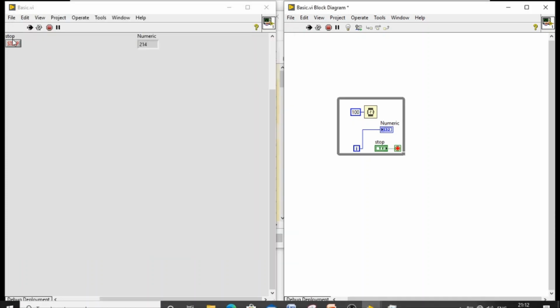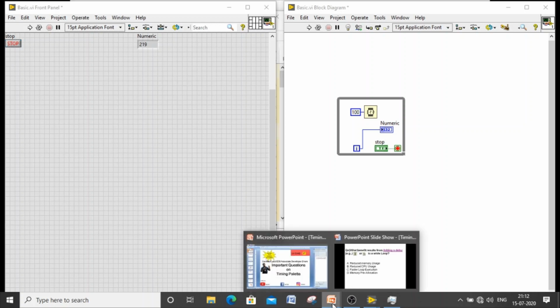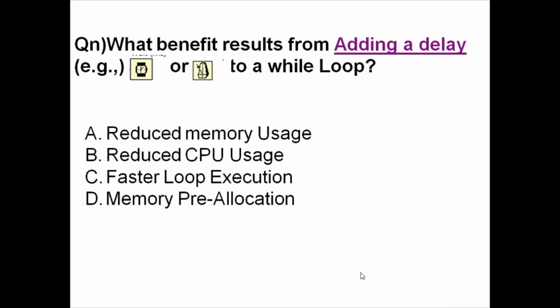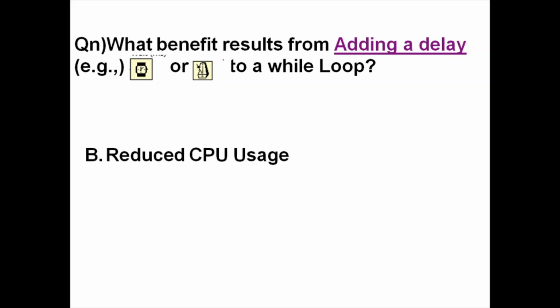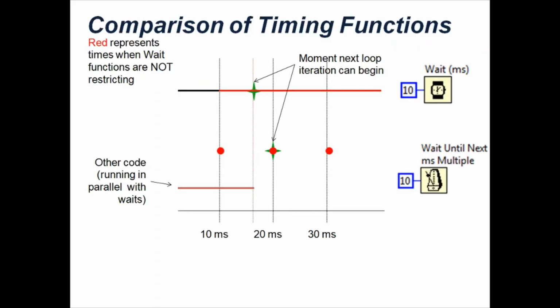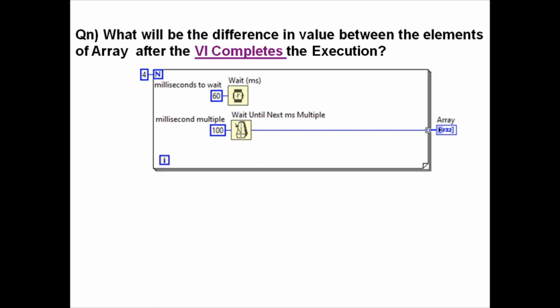Okay, so the reason for introducing the delay in your loop, whether it is reducing the memory usage or reducing the CPU usage, obviously it is going to reduce the CPU usage alone. Keep that in mind. Please practice with the Task Manager with and without delay, then you will get good clarity. This question also will help you understand the concept I mentioned in the previous slide.